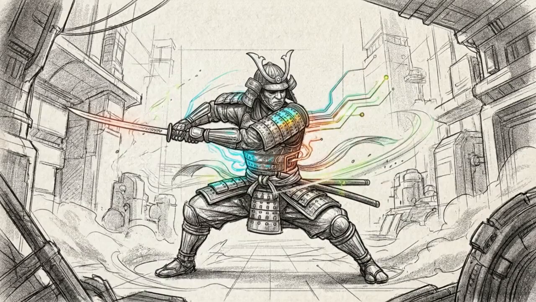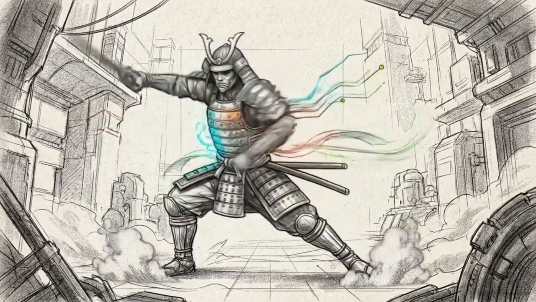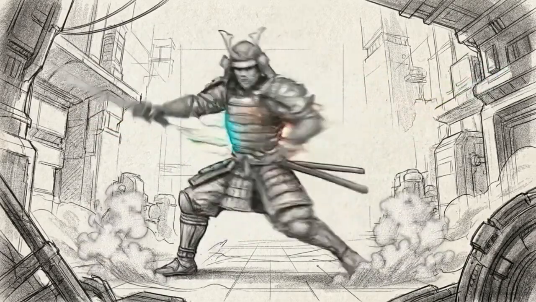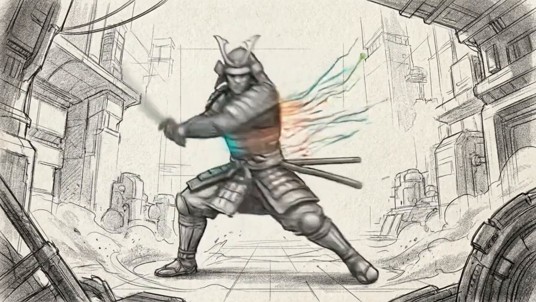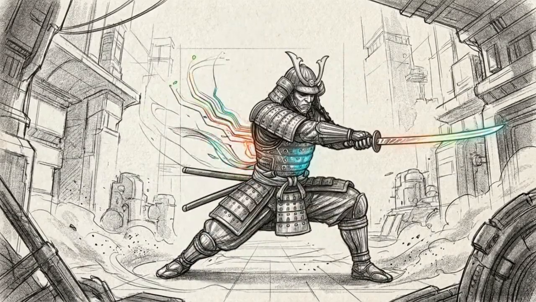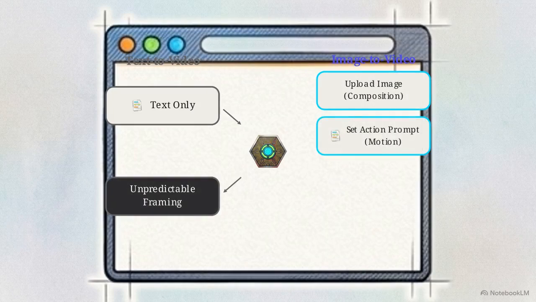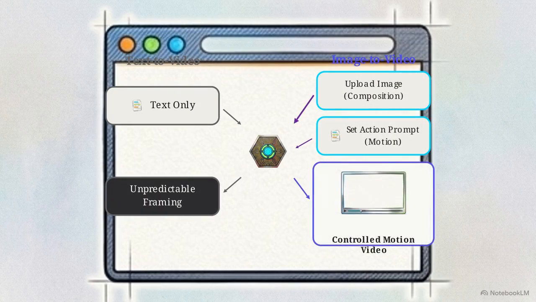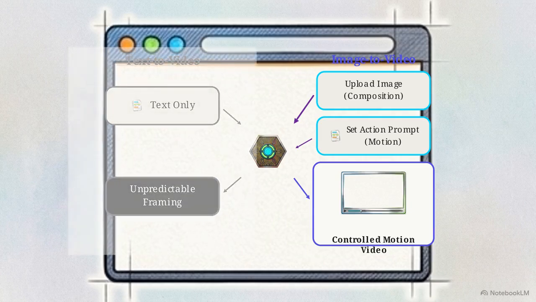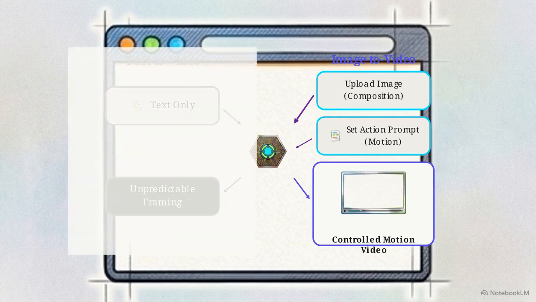The final video maintains our lighting and composition. When the samurai starts to move, it executes the action while keeping the background structurally sound. Splitting the process into composition first and motion second provides specific directorial agency. You stop hoping for a lucky text-to-video result and start directing intentional actions within a specific, controlled scene.